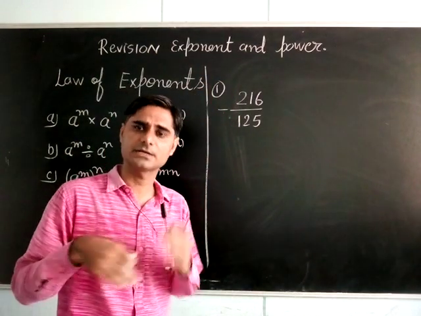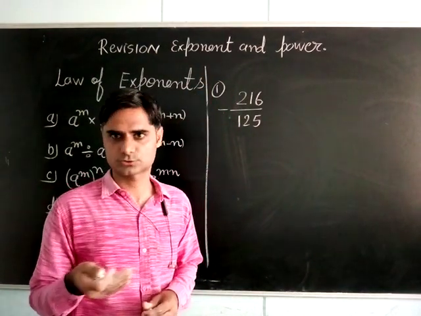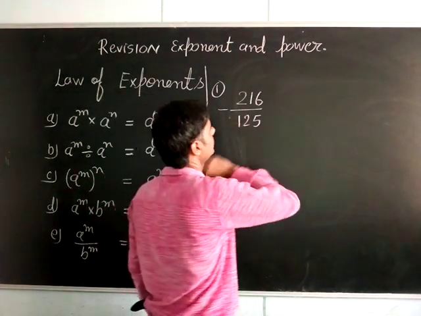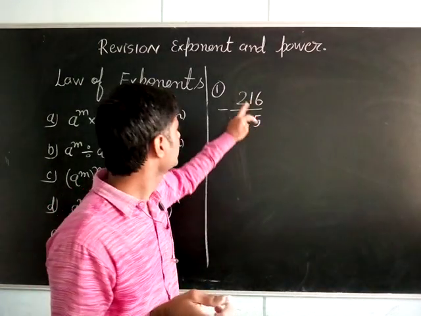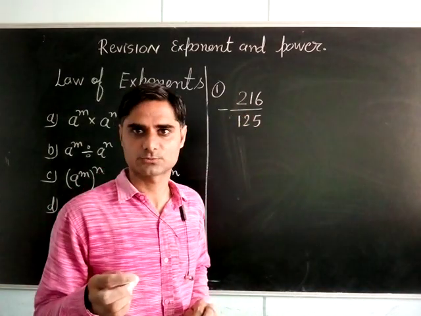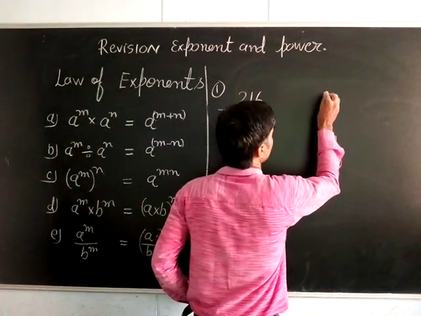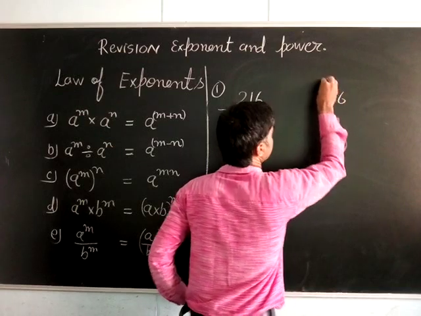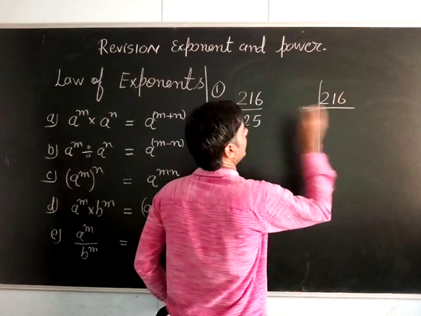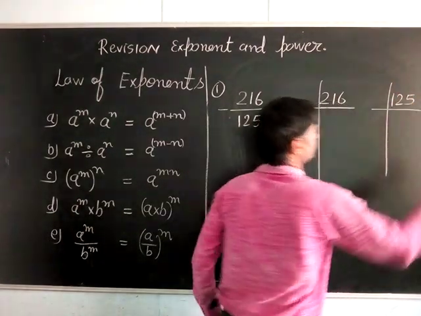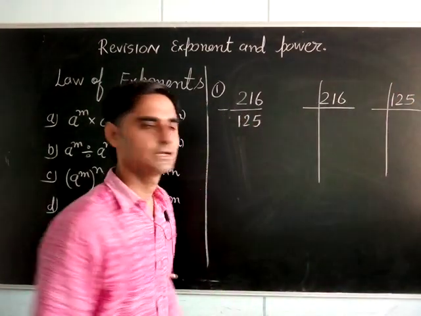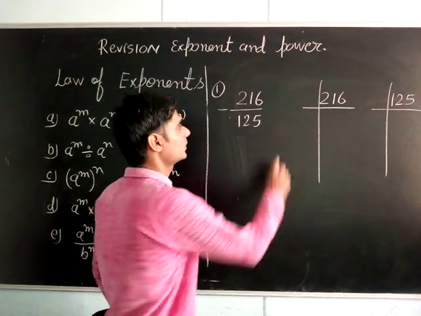See, by the same method you can do all the rest also. Okay, so first, how to do this one. We want to change the same into power notation. First change into prime factor expressions. How to find prime factors? This 216 you may find like this, and 125 you may find in this way. Can you find? Now see, everyone, what will come?